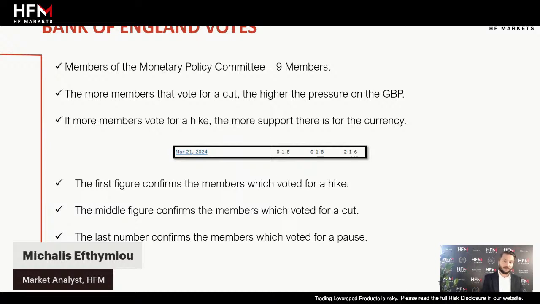What is going to have an effect, ladies and gentlemen, is especially the Bank of England votes, because it's a committee known as the Bank of England's Monetary Policy Committee. It's a committee of 9 members, and they vote on the interest rate. So they vote whether to increase, decrease, or keep interest rates the same. So that is definitely going to create a lot of volatility. Now, what's currently being priced within the market is that we're going to get the British pound decline.